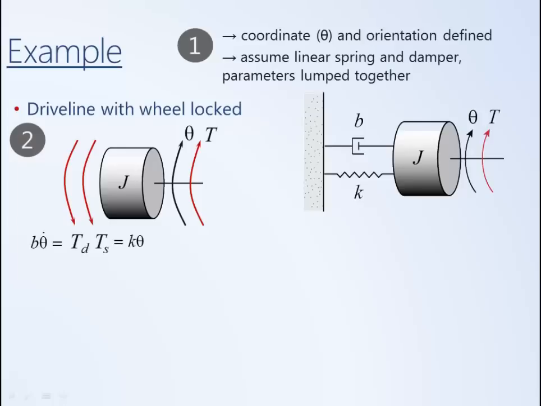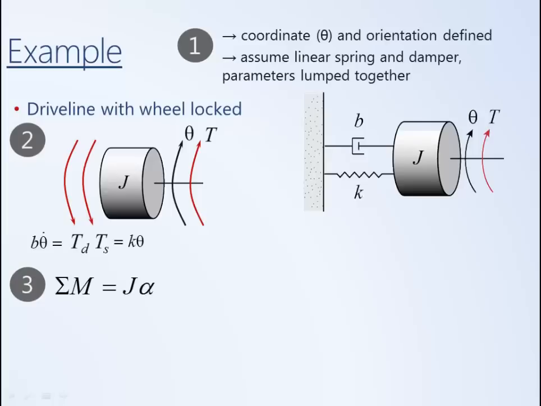And so that's the free body diagram of our drive line. The third step is then to generate the differential equation from first principles, in this case using a form of Euler's second law, sum of the moments equals J alpha, where J is the rotational inertia and alpha is the angular acceleration. Looking at our free body diagram,